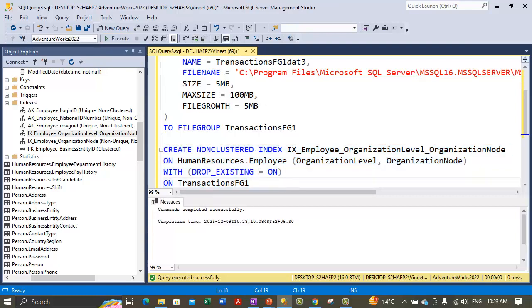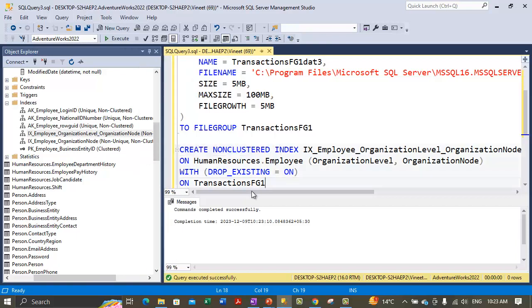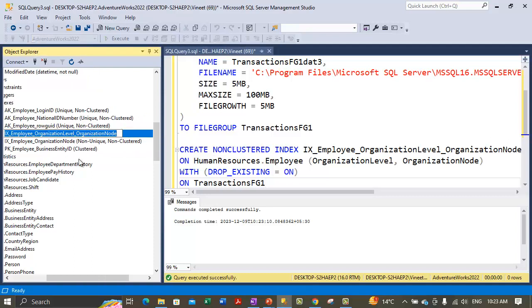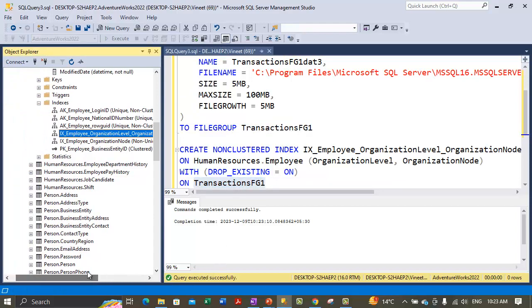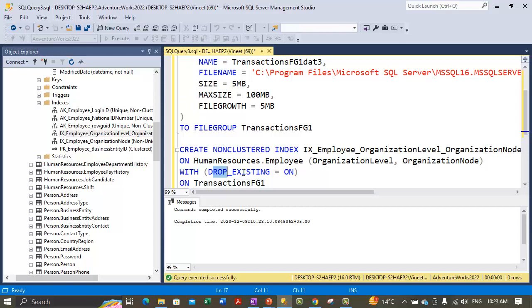This is how an index is moved to a new file group from an existing file group. Earlier the primary file group was the only file group present, so this index was created on the primary file group. Now we have created a new file group and moved that index by using the create non-clustered index statement, dropping the existing index which was in the primary file group, and it now moved to the transactions FG1 file group. Now this demo is done, and let's move to the demo which uses SQL Server Management Studio, where we will use the table designer